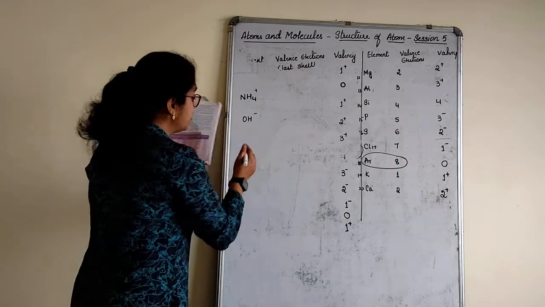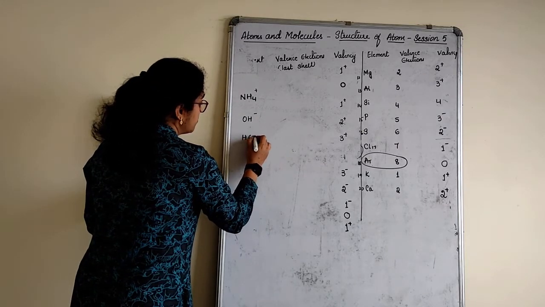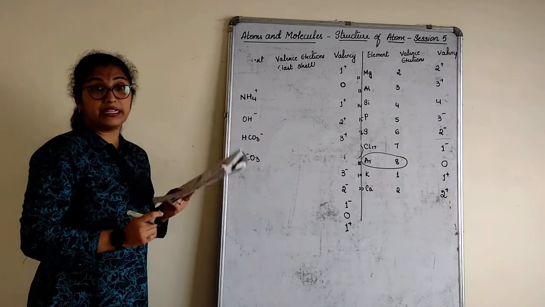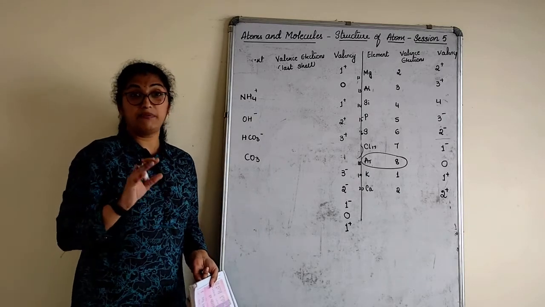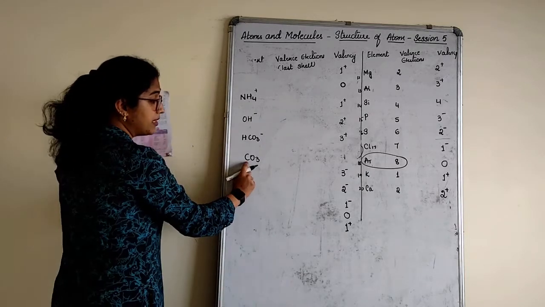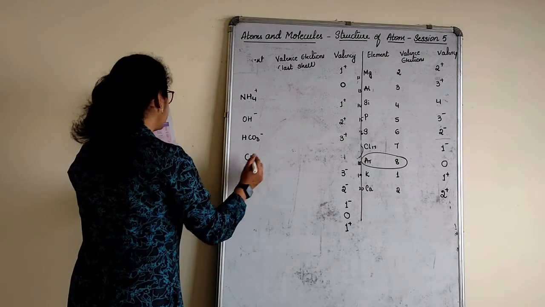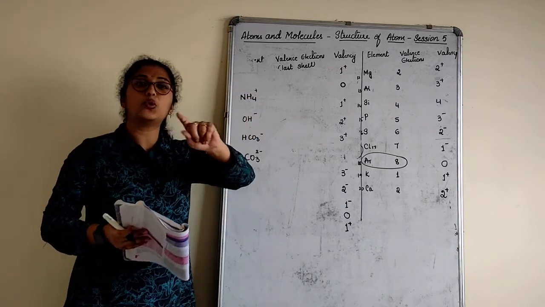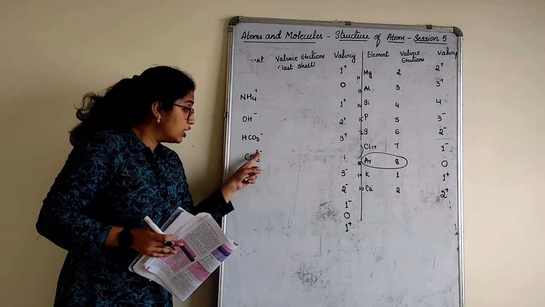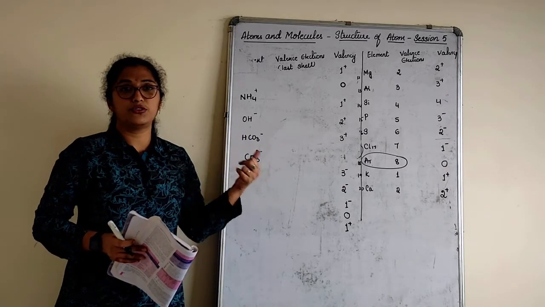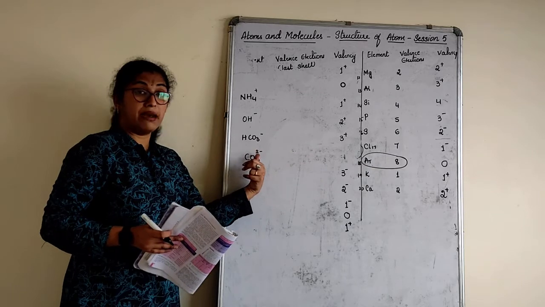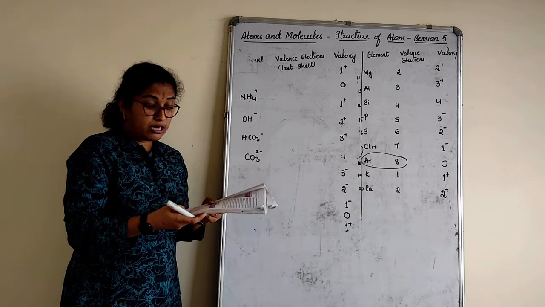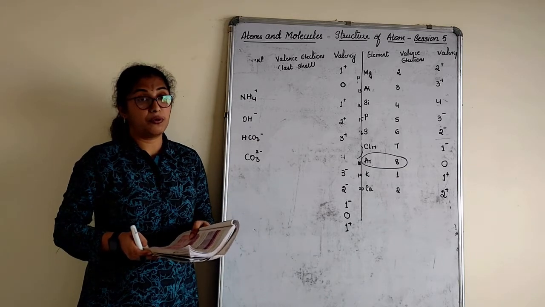Then see here, HCO3, it is minus. CO3 is nothing but carbonate. We say sodium carbonate, right? Magnesium carbonate. All carbonates will come in the form of CO3. CO3 is given as 2 minus. If single is there, children, it means only 1 plus or minus. If 2 is there, it can receive 2. Minus is there, plus is there means it can give. So understood this pattern? So the polyatomic part, I want you all to write it down from the book.